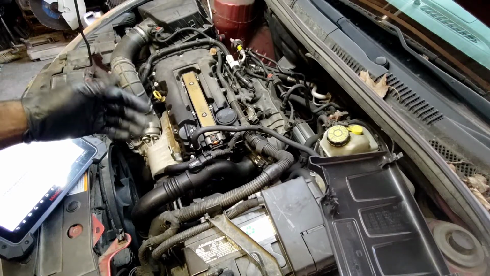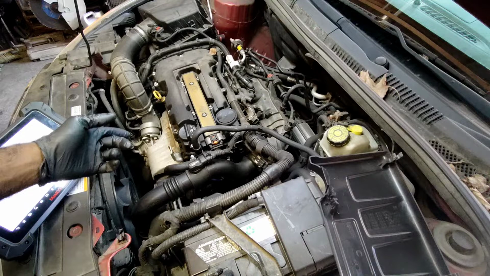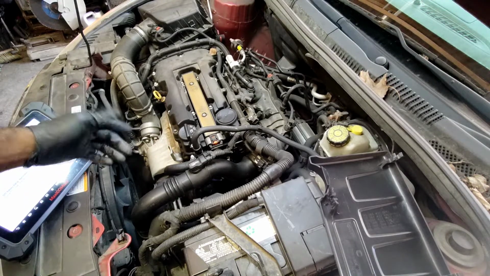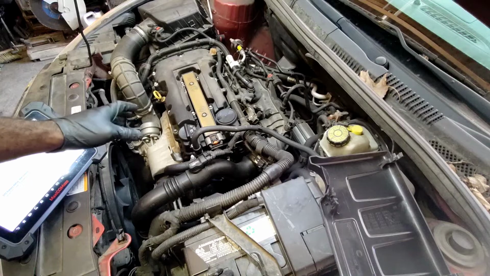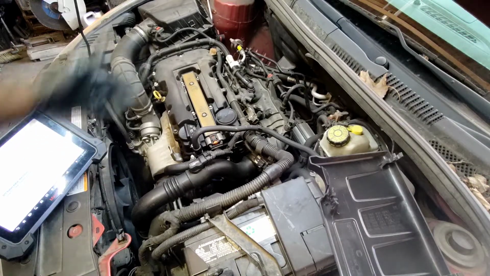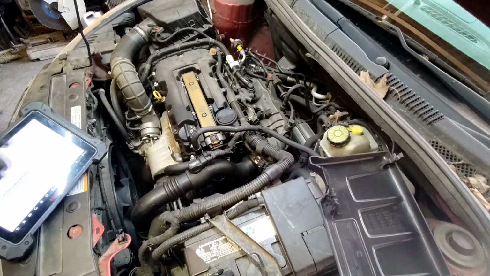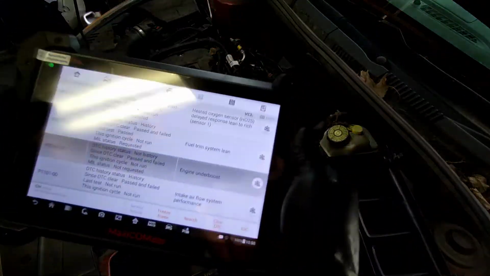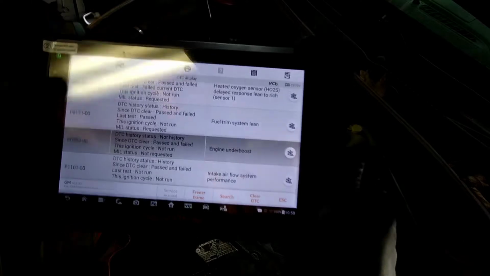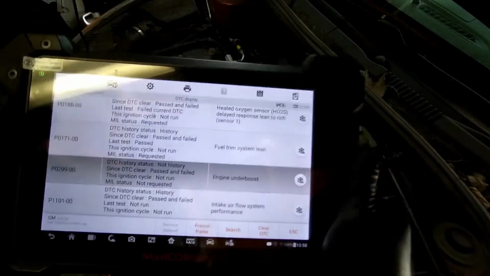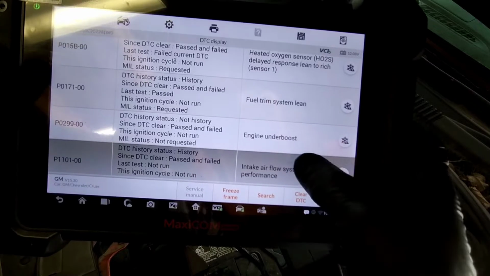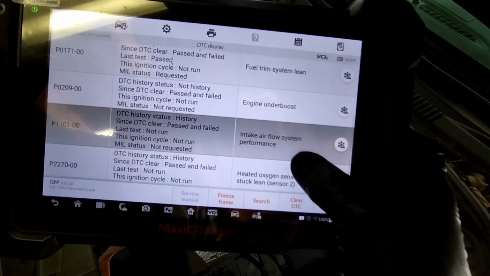We could be getting improper fuel, and that could cause the turbo not to spool properly. If it's lean, it's not going to respond well, and a lean mixture is going to cause the response of the turbo to be inefficient. So I don't know if you ever have driven a turbo vehicle and you didn't have enough fuel, and it starved for fuel, which gave you low boost conditions. So we have intake airflow system performance,